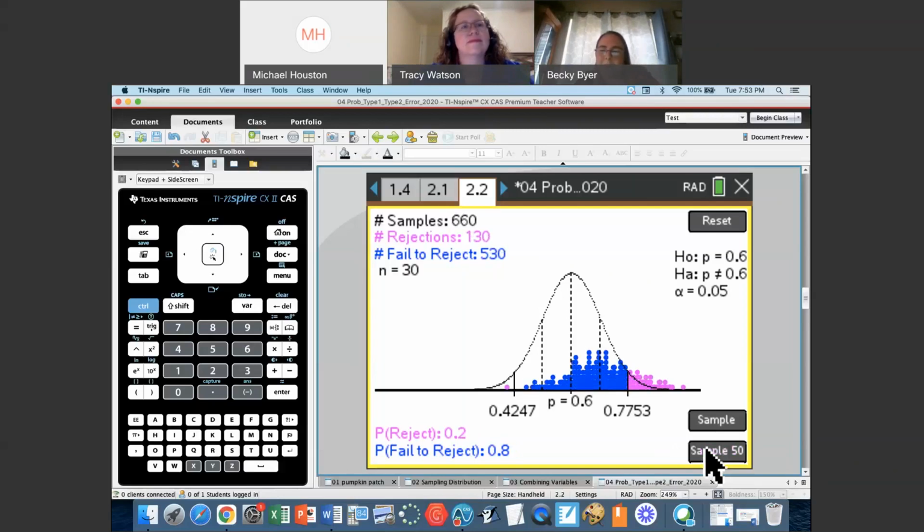And then they'll notice what you guys have noticed, that the population proportion is not really 0.6. It is actually higher, but there's so much overlap between this 0.6 and what appears to be maybe 0.7-ish, 0.68-ish, that there were a lot of data points that were going to cause me to fail to reject just because of the overlap in those sampling distributions.